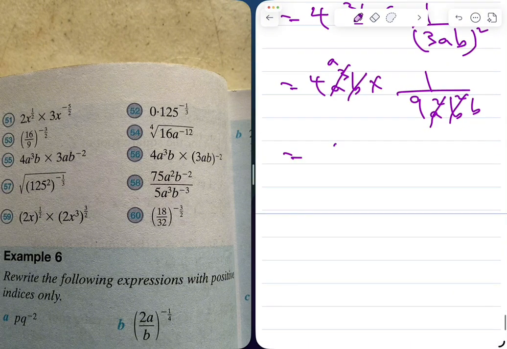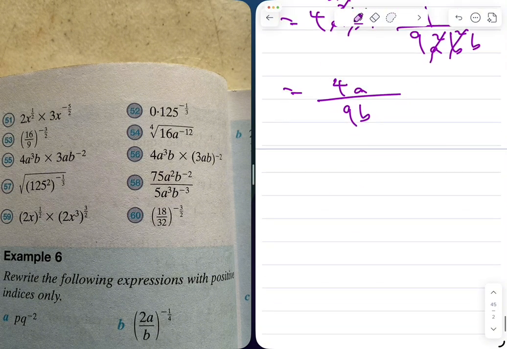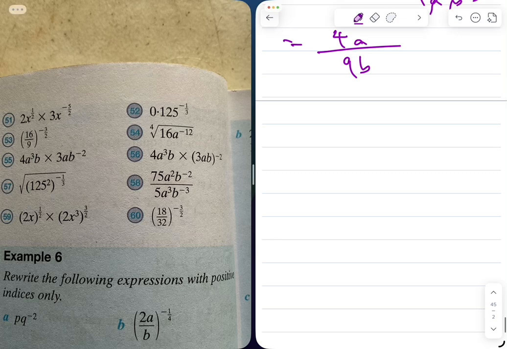And that means 4a, that means 4a over 9b. 4a over 9b. And to the next one, 57,